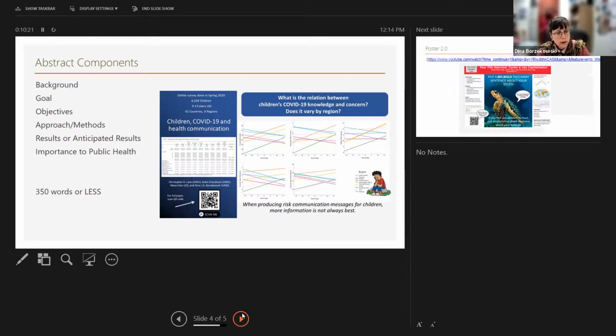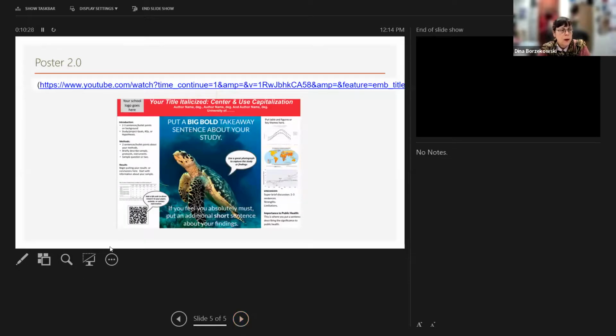Your poster also will be uploaded on March 28th. You should note that we are doing something that's called Poster 2.0. This is a new way to present posters. It is a whole lot less text on your poster.